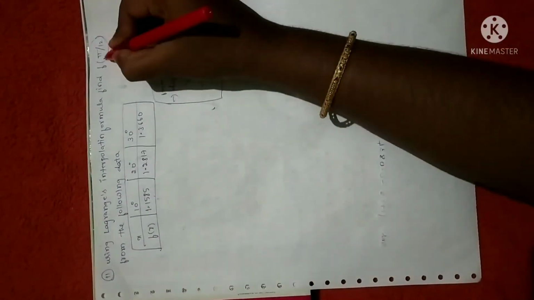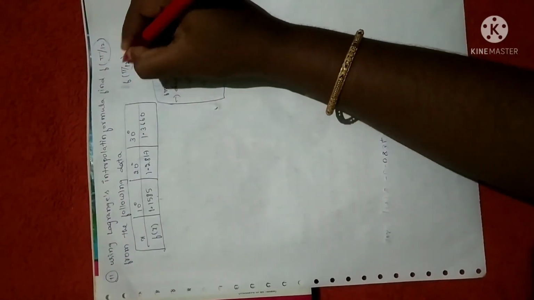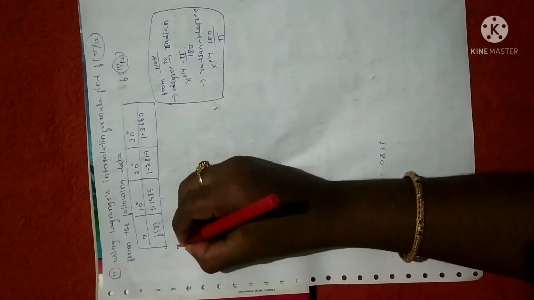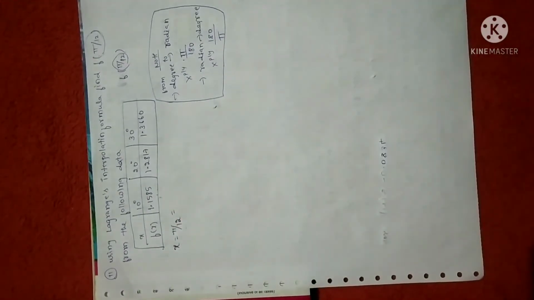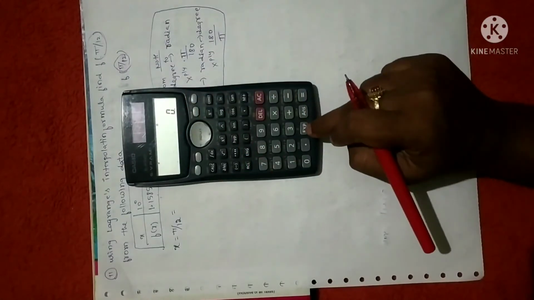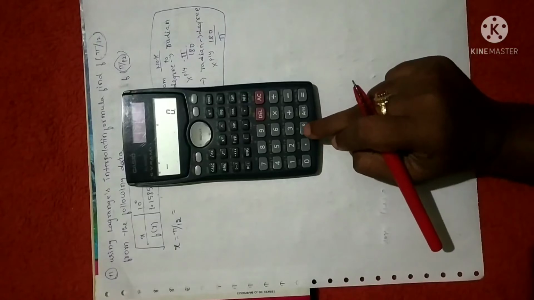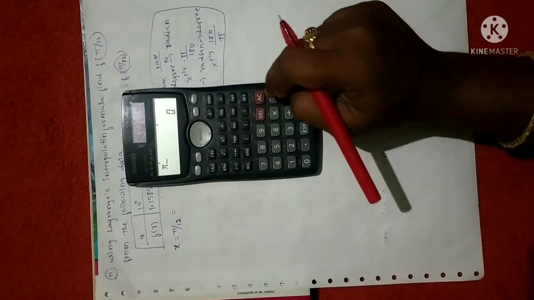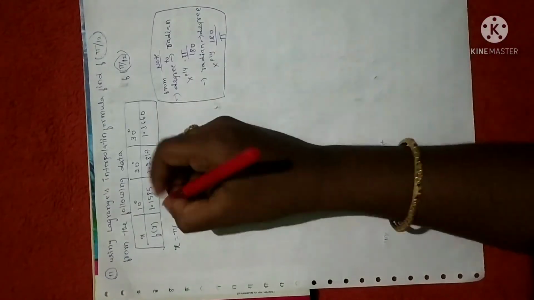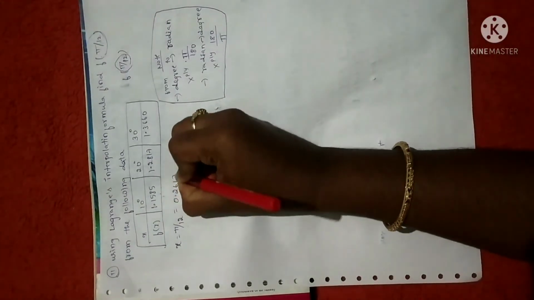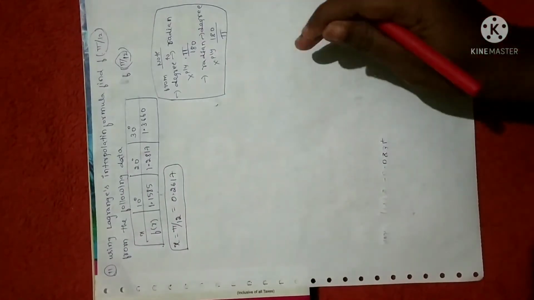So first let me calculate. We need to find the f of x value, that is f of pi by 12. In the sense x is equal to pi by 12. Pi by 12, you just see the calculator, you can see the pi expression here. So press the shift button and press this exp symbol. So you will get pi divided by 12 is 0.2617. So this is the x value. Always choose in terms of decimal.